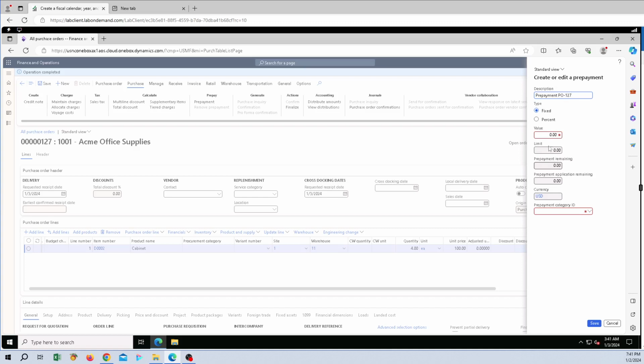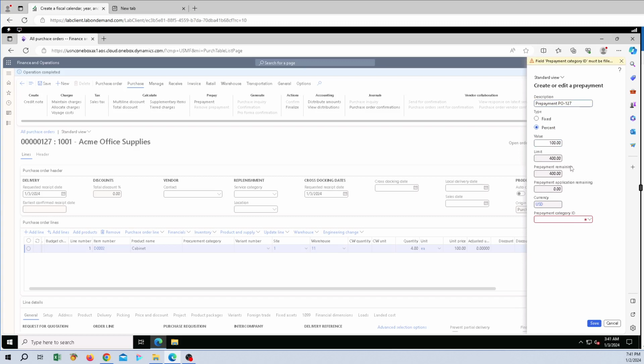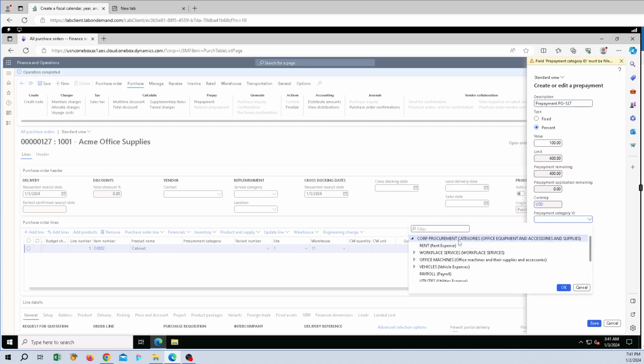And then there's two methods right here. One is the fixed dollar amount, and one is the percentage. So let's assume that we have to pay 100%, okay, in advance. So just say 100%. So you have to pay $400, and then you have to select the right category